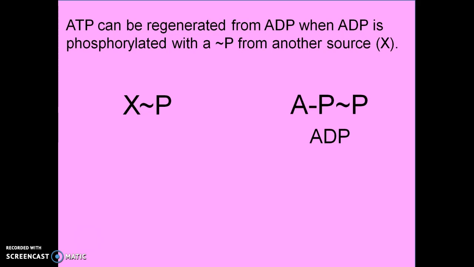source. So here X is representing our source, just like X would represent something in your algebra classes, okay? So this is a source. It's typically going to be the mitochondria, and you use food to get your energy. So your food that you eat is going to go to the mitochondria in your cells, indirectly, in a roundabout way. But you have high energy phosphates there, and what's going to happen is, once again, phosphorylation. So your mitochondria is going to phosphorylate an ADP molecule